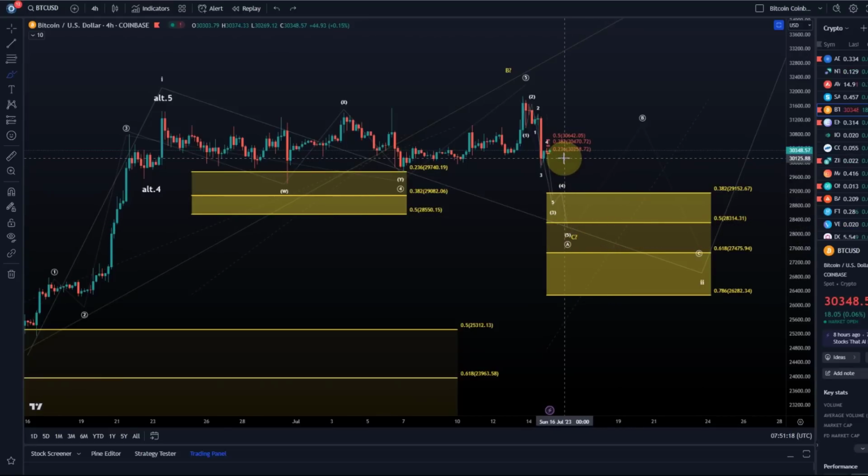So this is basically the scenario that we're now in a wave 2, but we're also talking now about the levels on the lower time frame that, if broken to the upside, will force a different interpretation, which would then be the short-term bullish one. So this was the short-term bearish scenario in which price should go down lower, and we've got support at 29,150, 28,314, 27,475 and 26,282. For me, I think it should end somewhere between the 50% retracement and the 38.2 retracement.